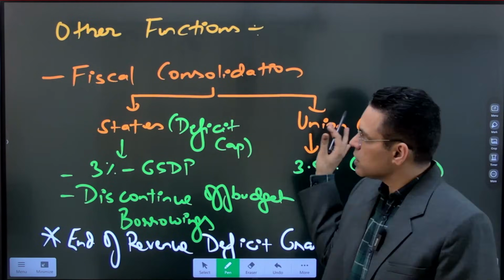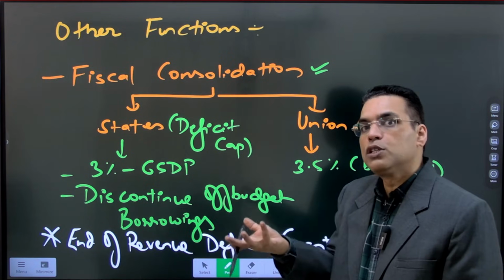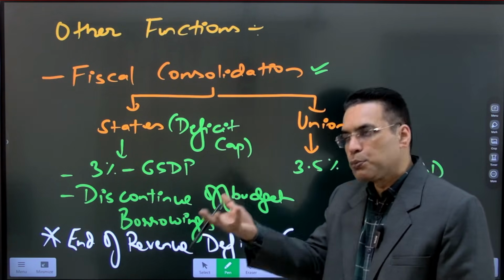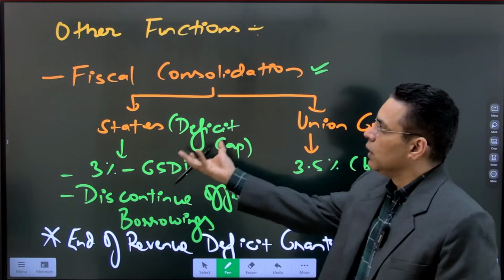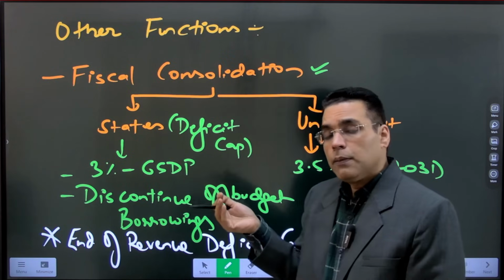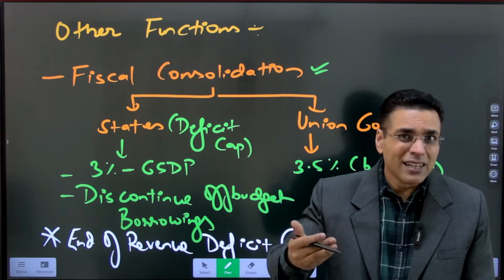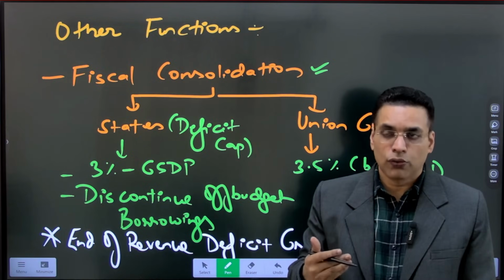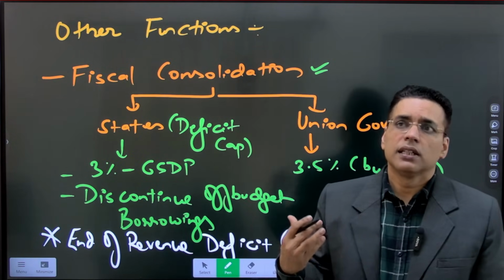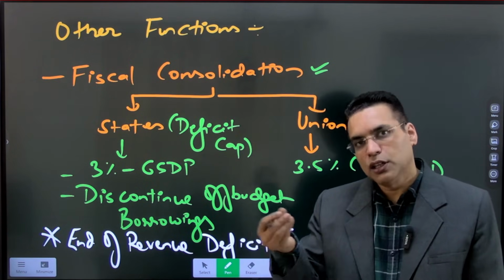Then there are secondary functions also. For example, the Finance Commission will also suggest how the finances of the government should be managed or controlled following the principle of fiscal prudence. And remember, the Finance Commission's recommendations are not mandatory. The government might follow, might not follow. But since the Government of India constitutes this commission on its own, it is very important that it understands the importance of the commission and follows it.